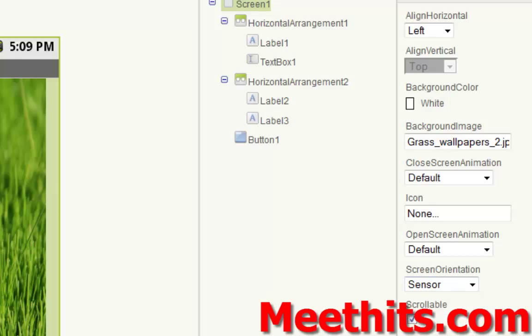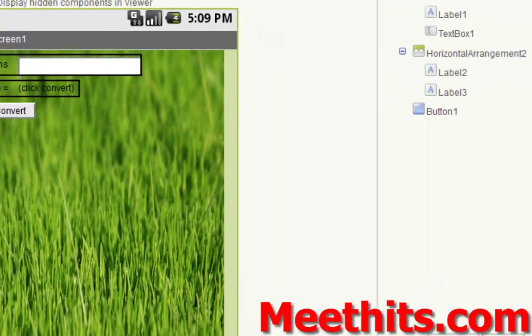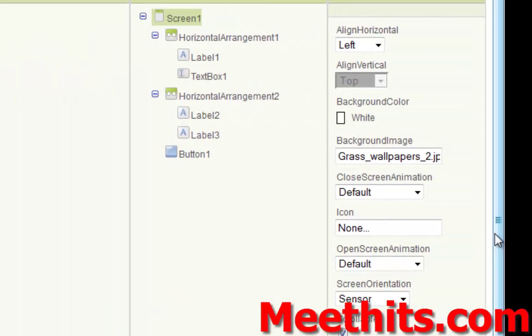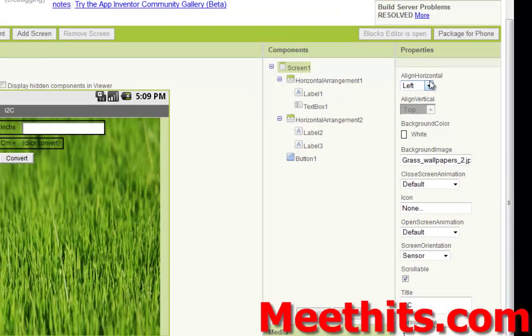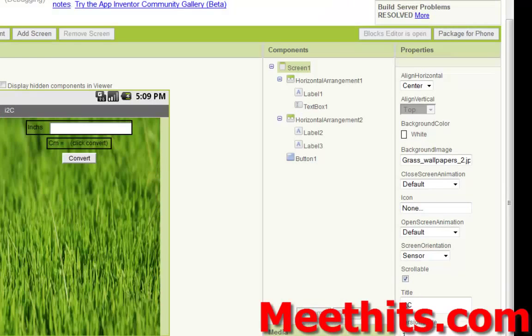It will detect the sensor. Change the text above to I to C for short, and you can change the align horizontal to center. Now it'll look better.